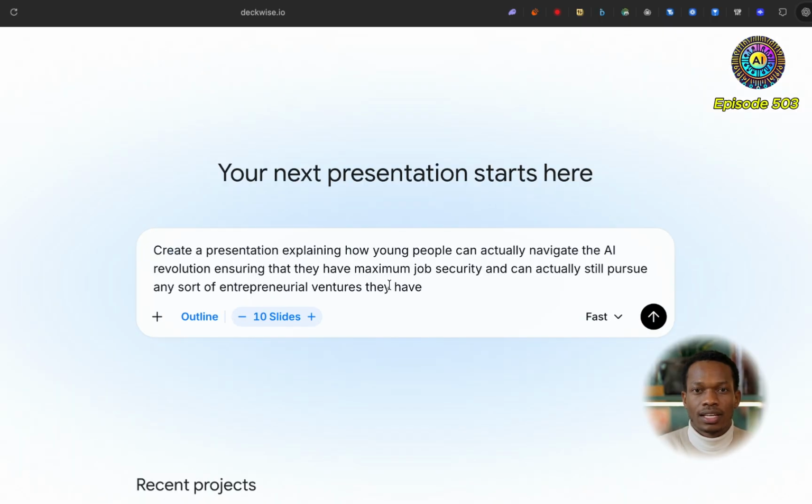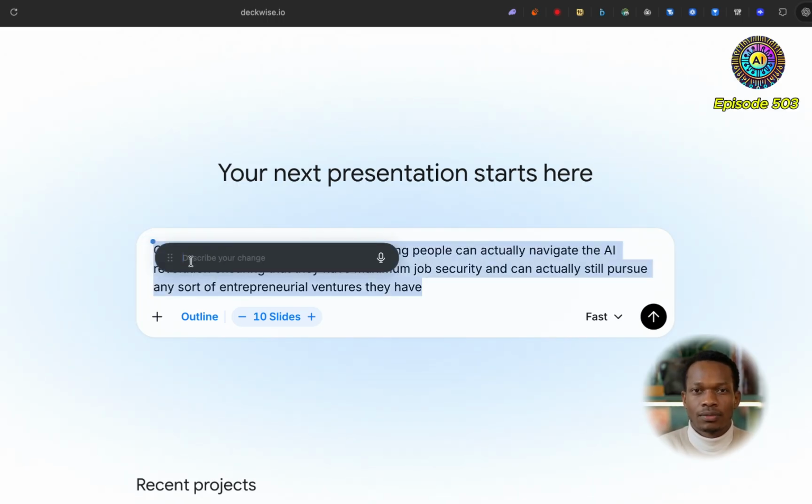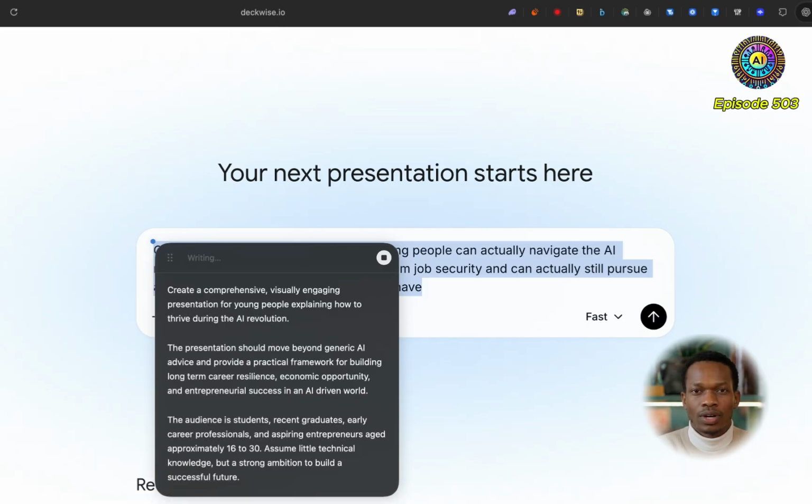Cool, great stuff. I'm just going to go over this and create a presentation. In fact, what I'm going to do is quickly meta prompt: improve this prompt so it's more, should we say, more robust. Let's go with that. Of course, I'm just using Apple's inline intelligence. Big fan of this. I'm always going on about it on this channel. It's a great way to meta prompt or edit any sort of text that you've got by having access to intelligence, by simply highlighting whatever text you want.